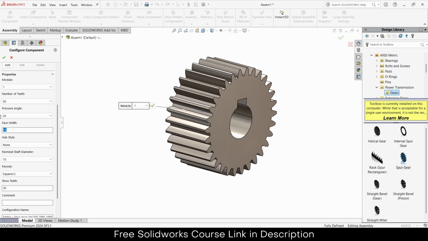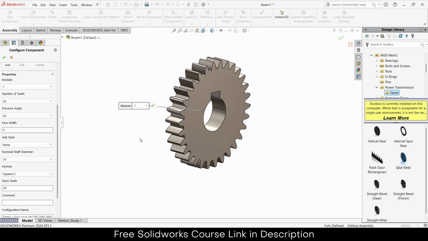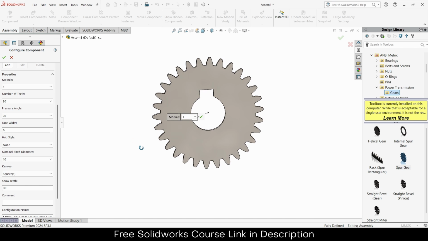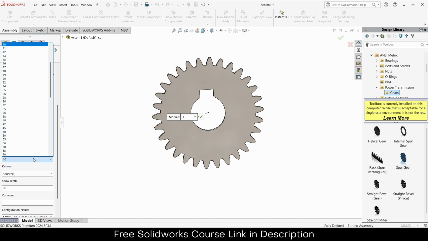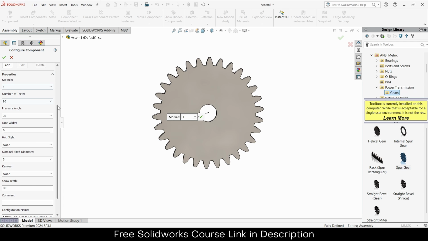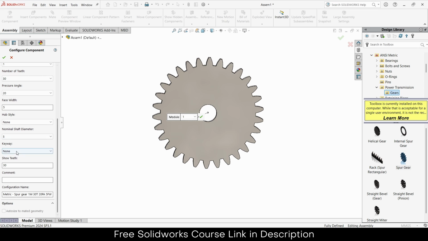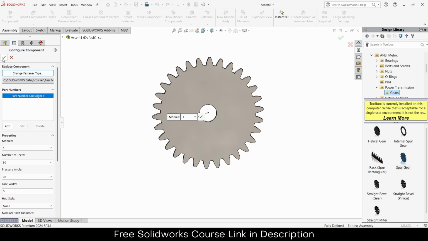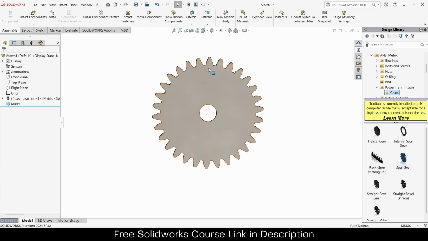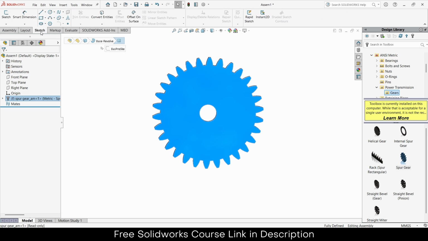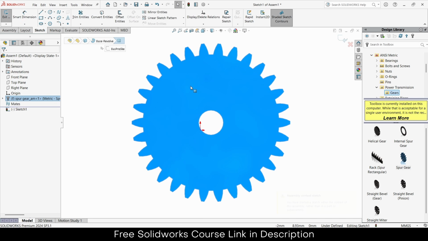So face width is, let's say, 5 mm. All units are in mm because that's the standard units that I basically work in. And normal shaft diameter is 10 mm. Let's make it 5 mm. There is no keyway, that's why it's none. I think this much is fine. Click OK, close it. Now what I will do, I will go to the sketch, click on sketch, select